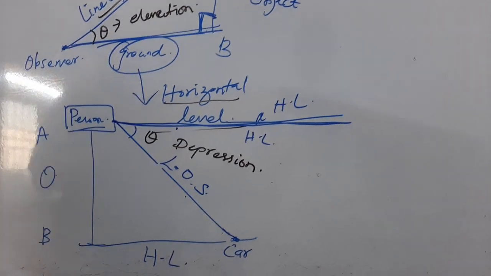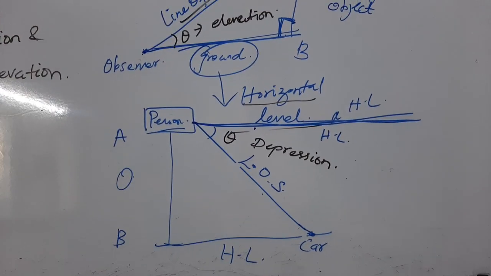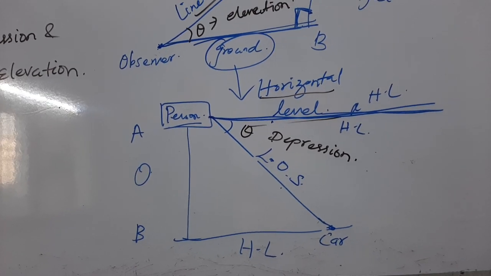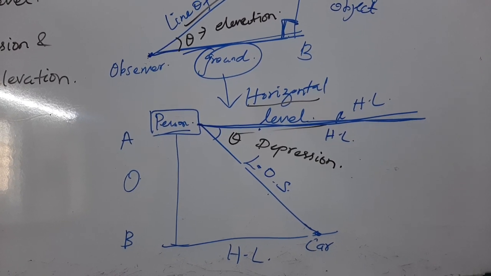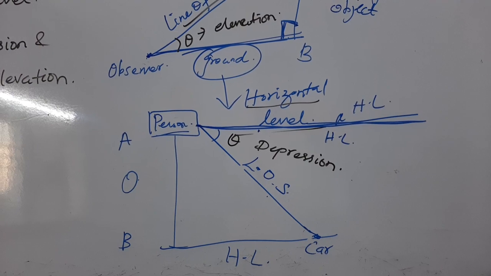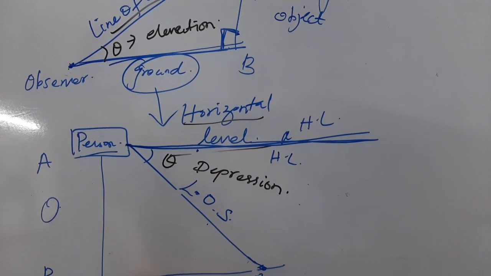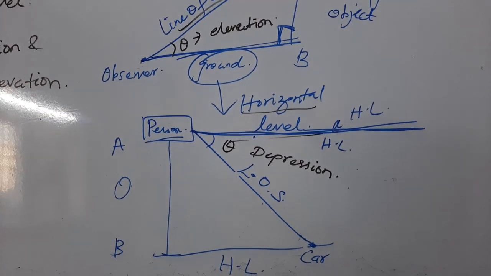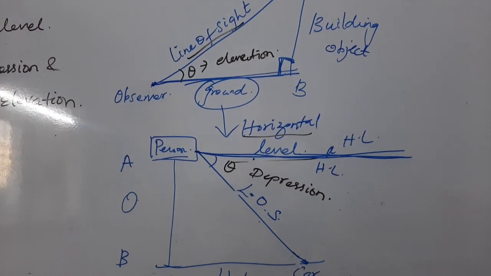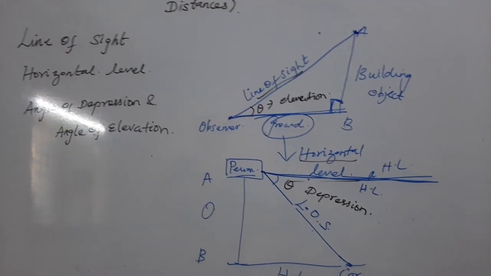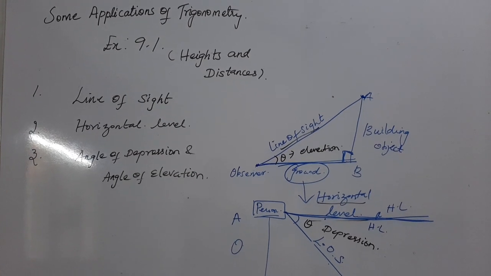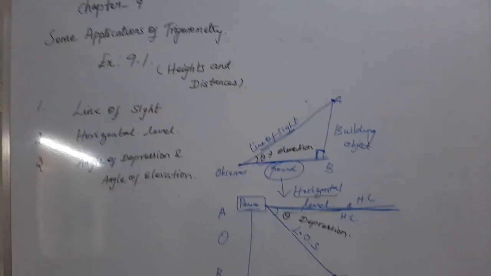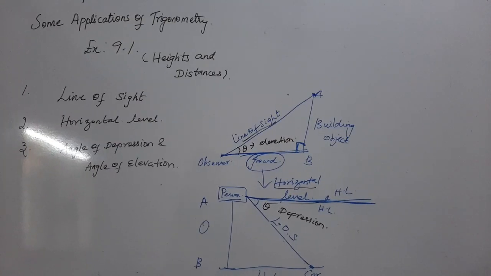So using line of sight, horizontal level, angle of elevation, angle of depression, and the definitions of trigonometric ratios and the values for those ratios from the trigonometric ratio table, we are going to find out the distance as well as the height of a particular object. This is what we are going to do in the complete chapter. This chapter has only one exercise with 16 sums. All the 16 sums are very important board sums. We can expect any one of these sums for either 3 marks or 4 marks. Let's start solving the exercise.